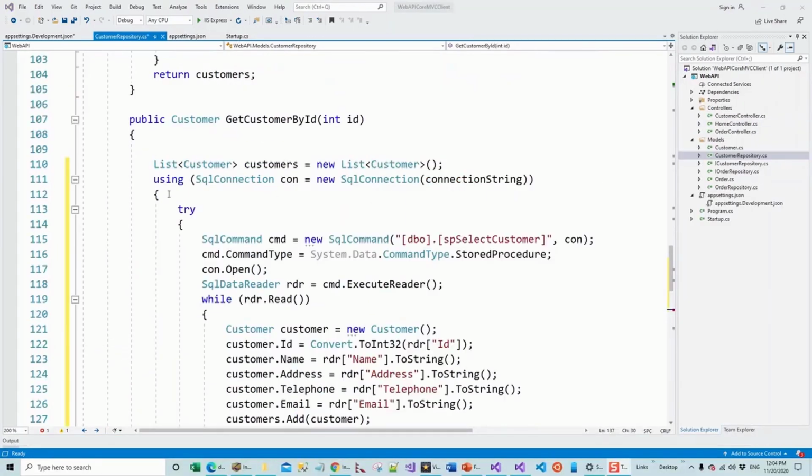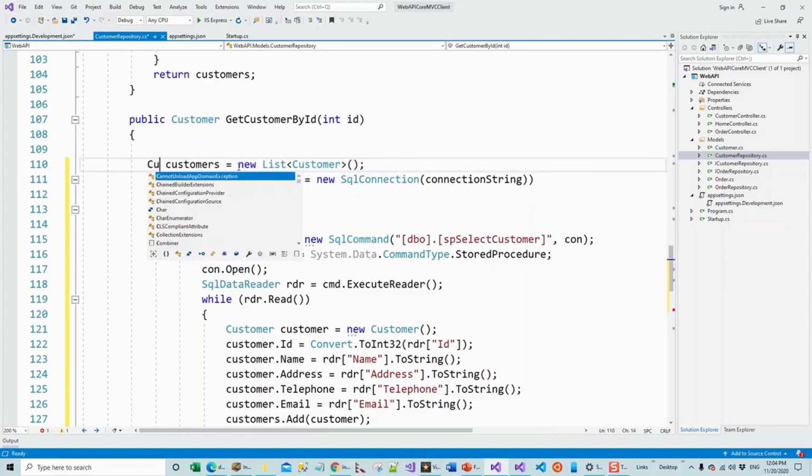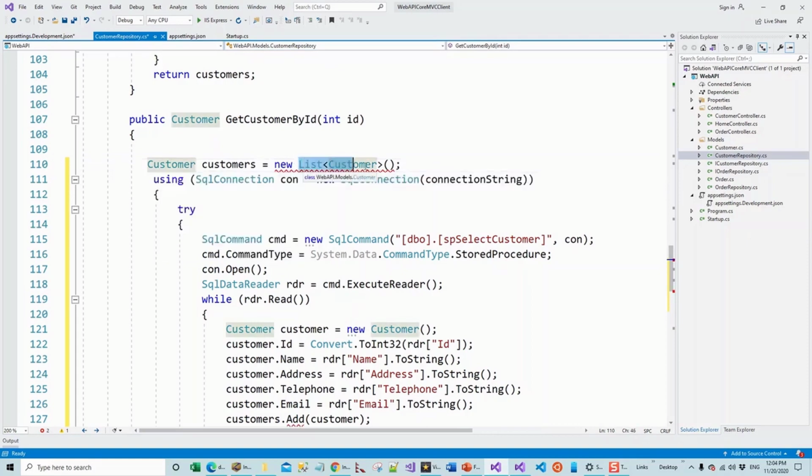Now let's change the bits in this get customer by ID procedure. The first thing to do is, this is just returning a customer as opposed to a list. So I'll initialize a customer object,